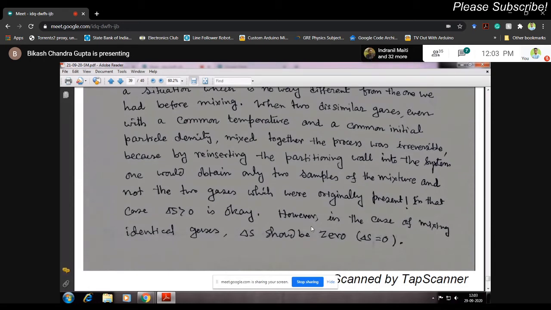Whether this process is reversible or irreversible, the way I would like to express it is this: when I look at the system finally after the mixing, in the first case, when they were similar gases, there is no way of distinguishing whether they have mixed or not. There is no way to distinguish the systems, as if they are retaining the initial situation. Because if I make a wall again at the same position, there is no way you can distinguish whether it is different.